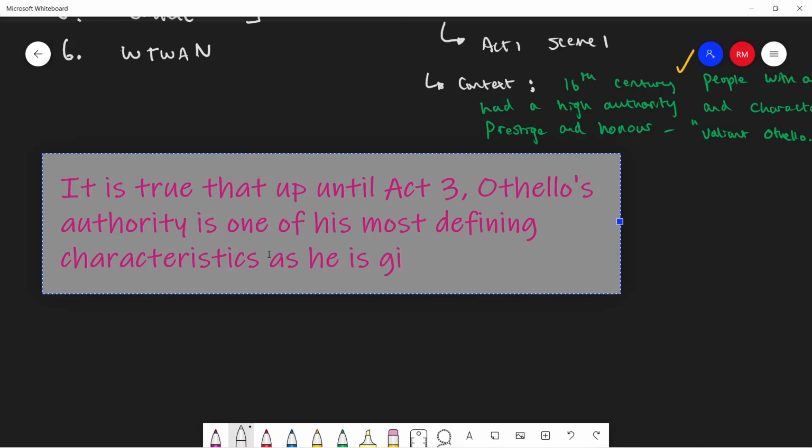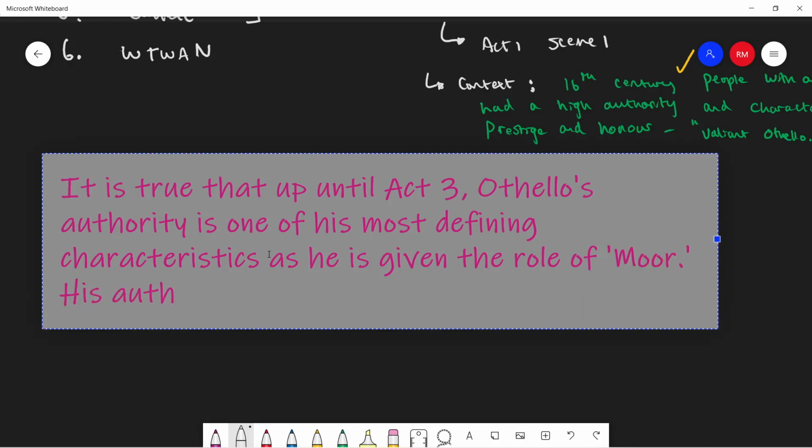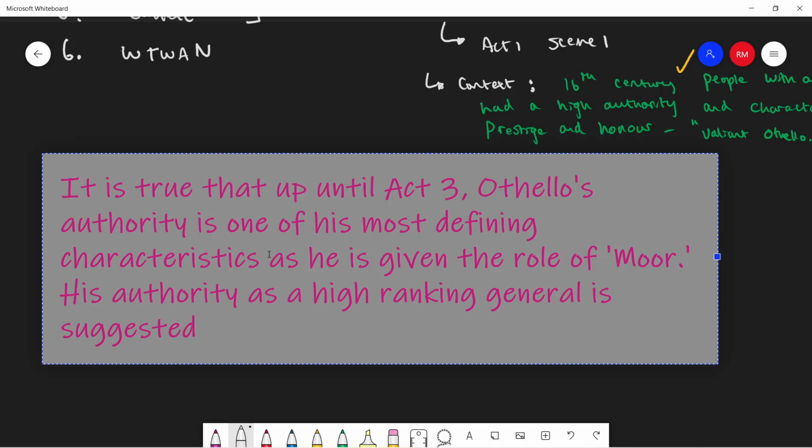As he is given the role of Moor. His authority as a high-ranking general is suggested through his honesty and nobility,